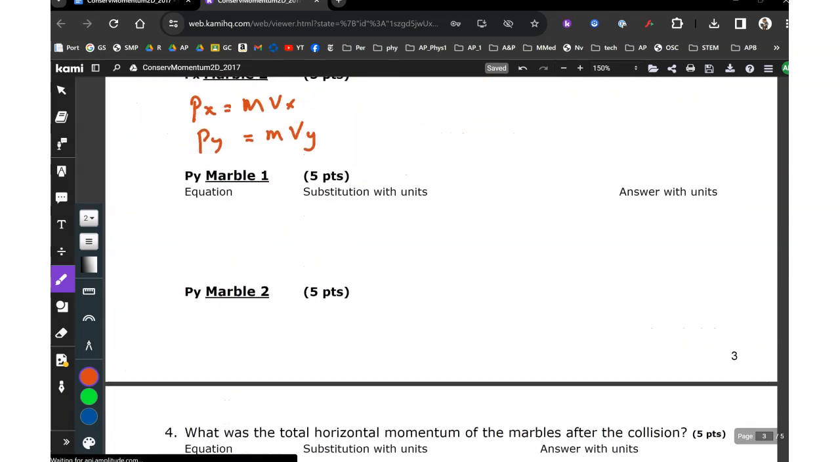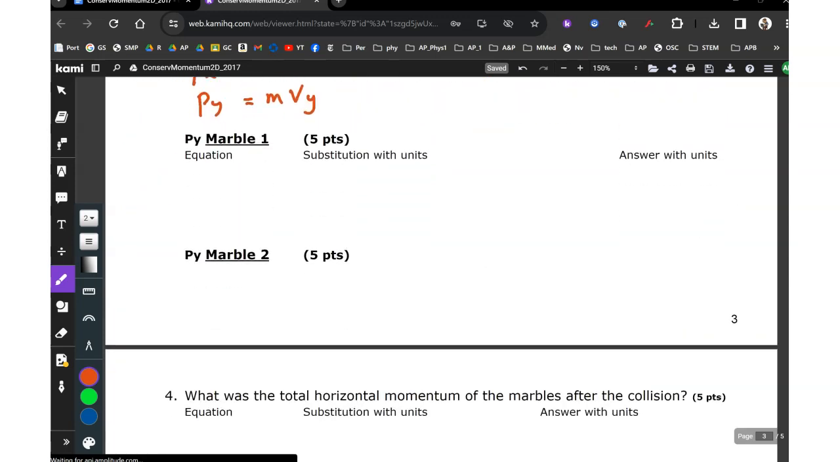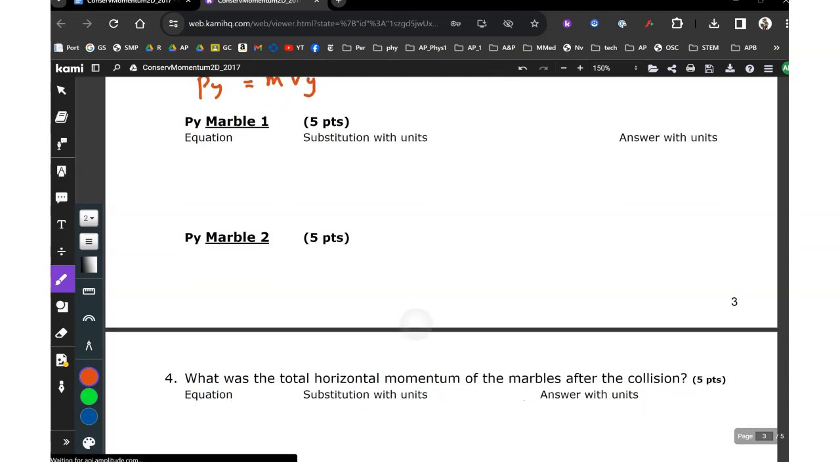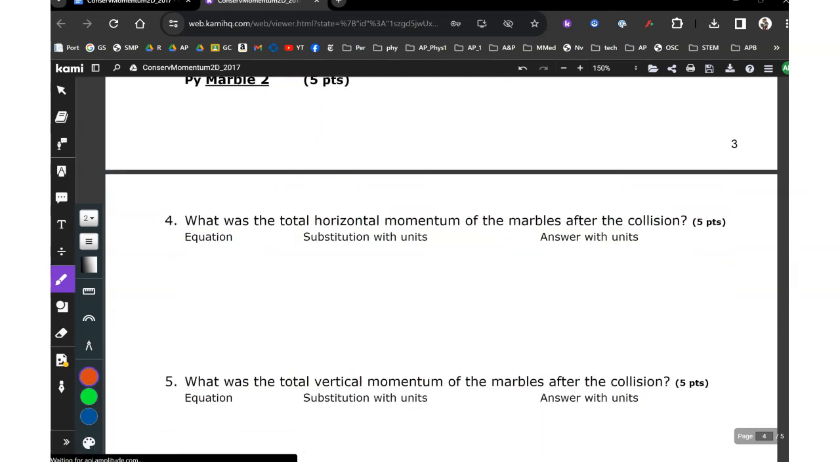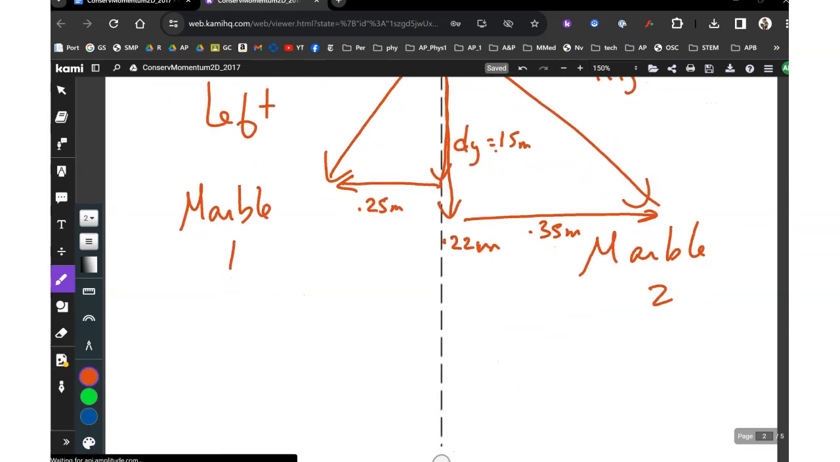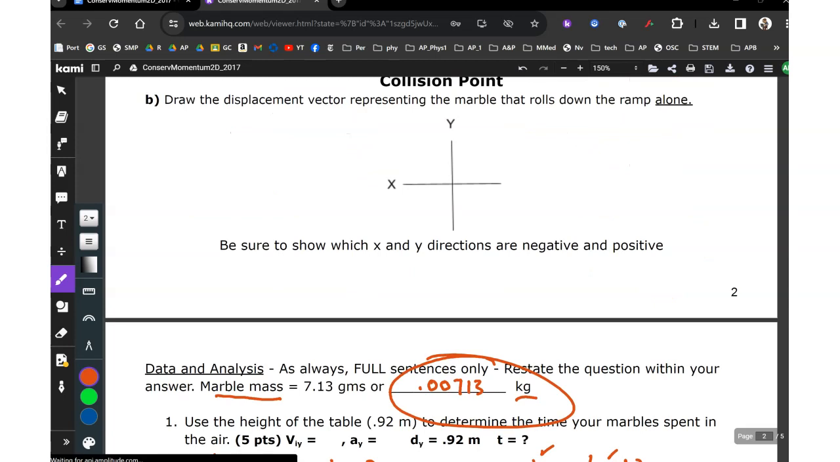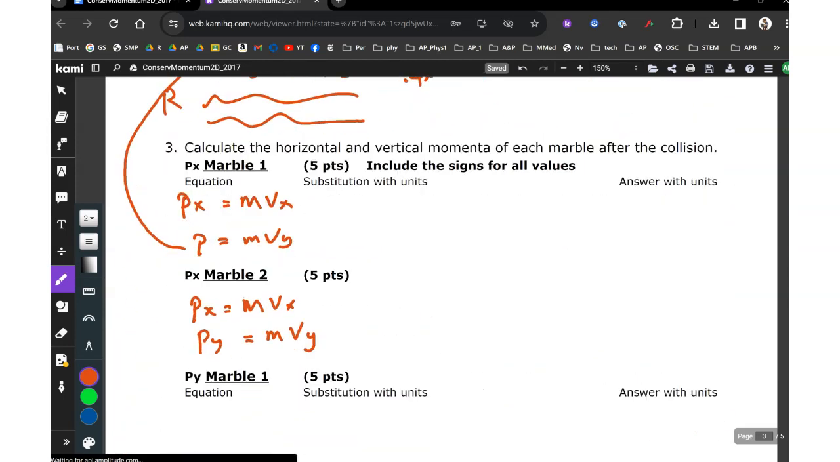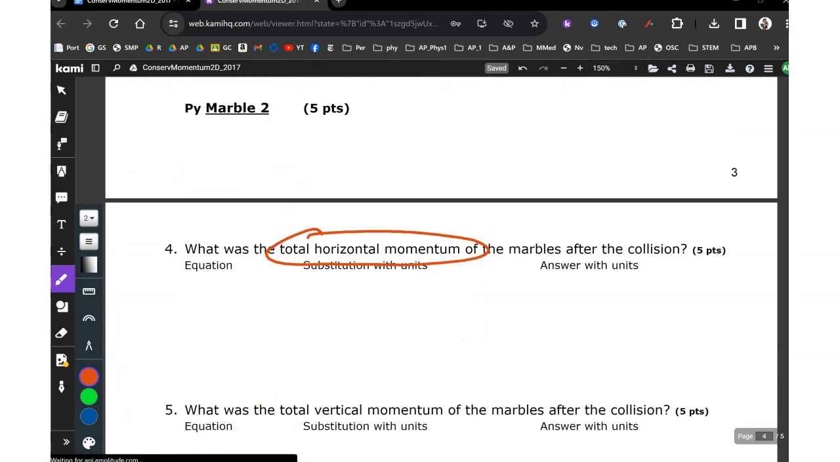All right. So then you do it again. Marble 1 and 2 have x and y velocities, so marble 1 and 2 have x and y momentums. What's the total horizontal momentum of the marbles after the collision? Well, with the horizontal momentums, I'm pretty sure we call that x. Your total horizontal momentum is, remember when you do that, let's write a little note to say,